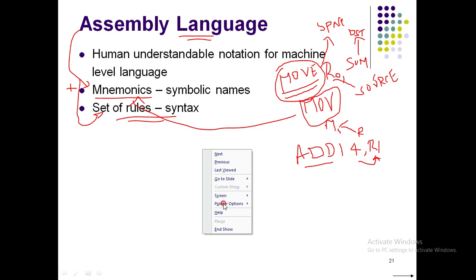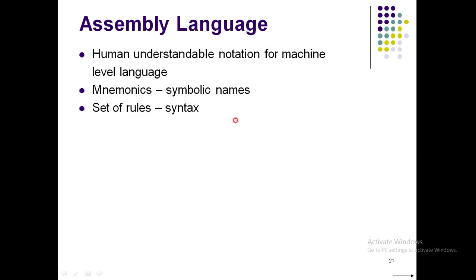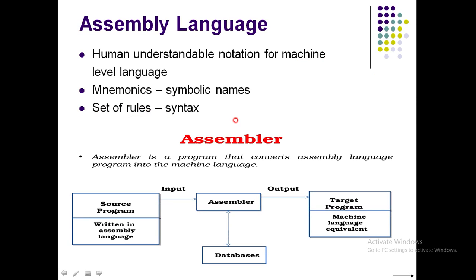Very simple. Now moving ahead, we will see the next thing. The next very important thing we need to see is what is an assembler. So when we have studied assembly language, the next very important thing is an assembler. An assembler converts your assembly level language into a machine level language. So what is assembly level language now? Assembly level language is something which is written by a person or human being, say a user. Say a user is writing this assembly level language, right?